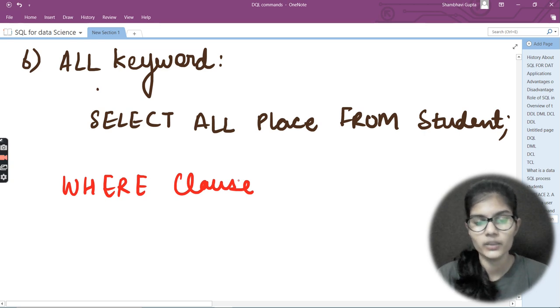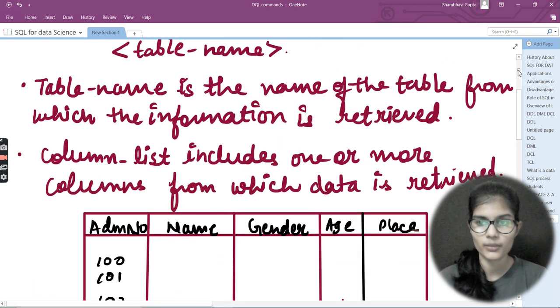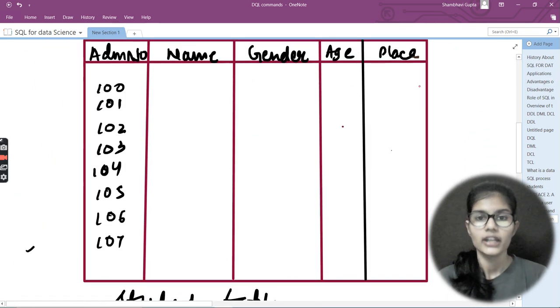It is used for giving certain conditions. Let's say you have a condition that you want to choose a place which is, let's say, Pune. In that case, you will use the WHERE clause for giving your respective condition. Let me go above to the columns which we had made. Let's say you want all the data of all the students whose gender is female.